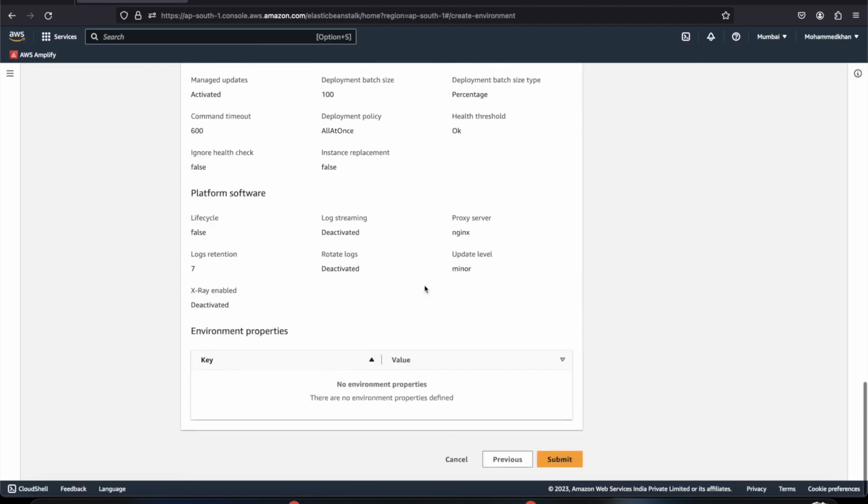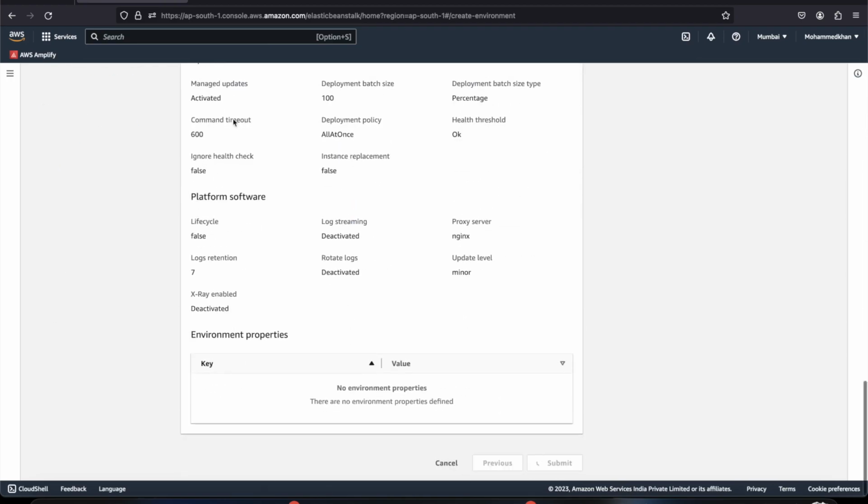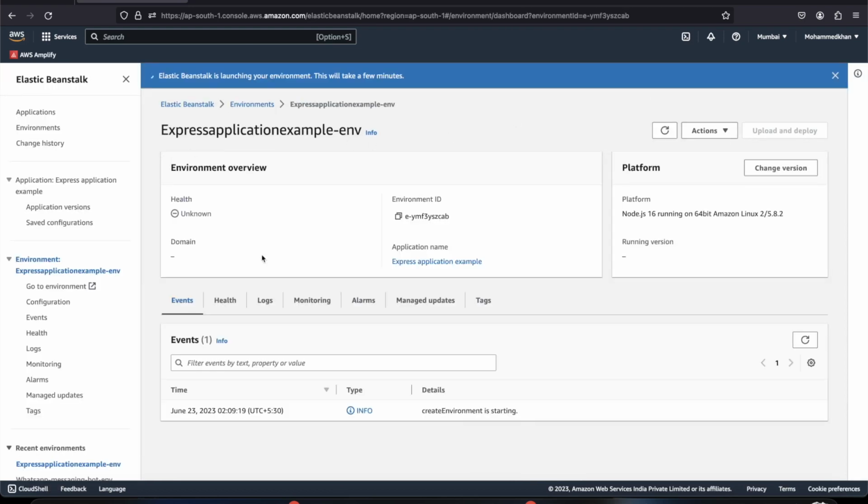Yup, and it's a review stage. Just review and press submit. So it should essentially start an application for you. You will see a domain and you can visit that domain. So after it sets up, we will